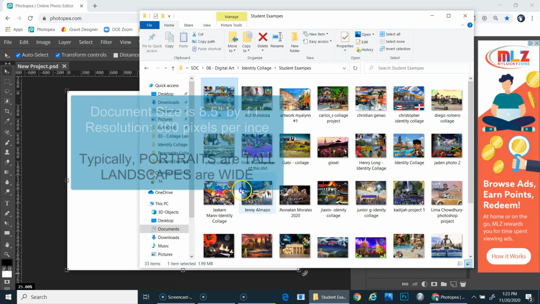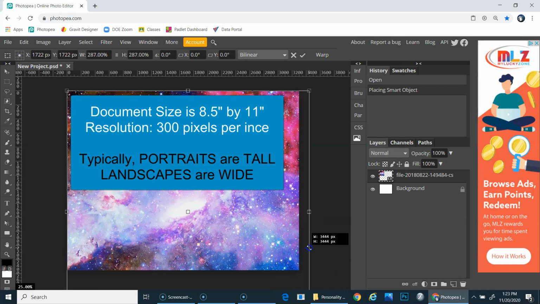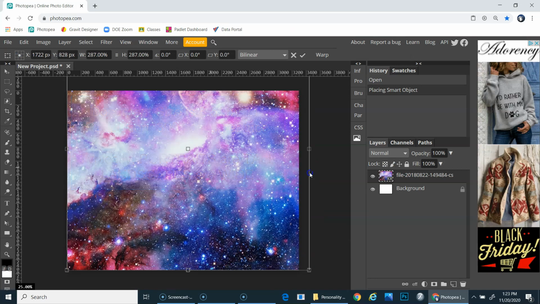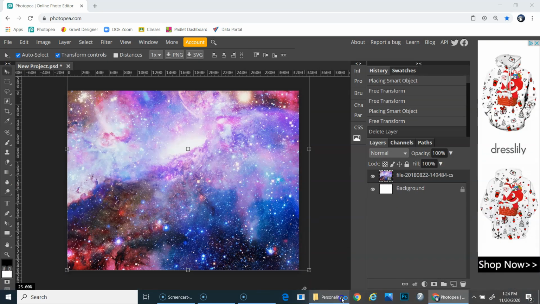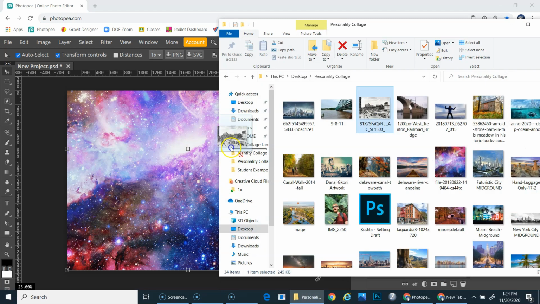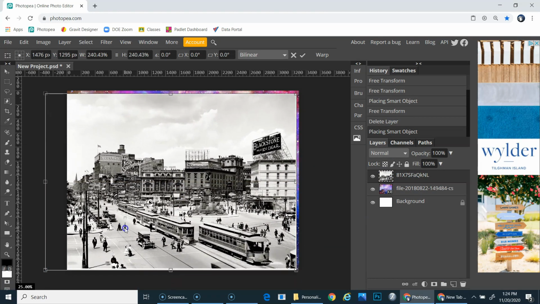All right, so the first thing I'm going to do is create a new document, and I'm going to make this a letter-sized document. You can choose whether you want it to be tall or horizontal, but that's just up to you. And the original inspiration for this artwork was this kind of galaxy theme, and then I went with